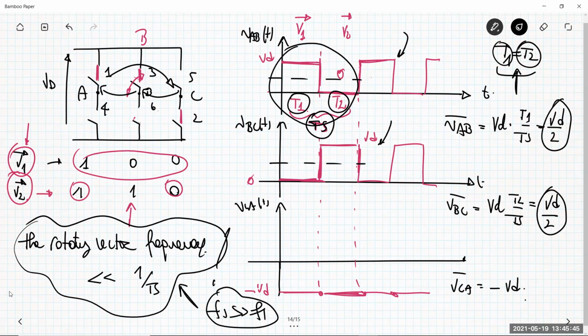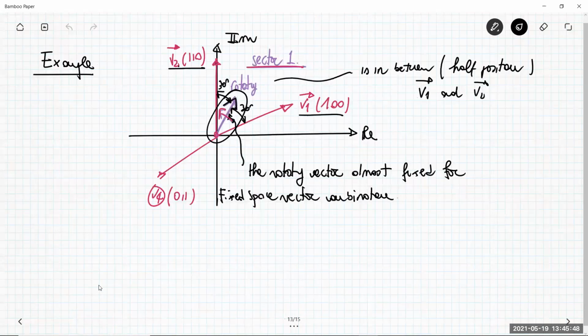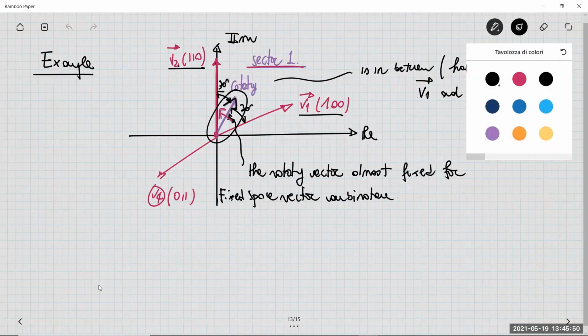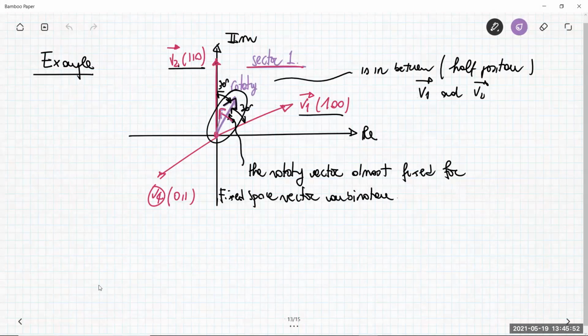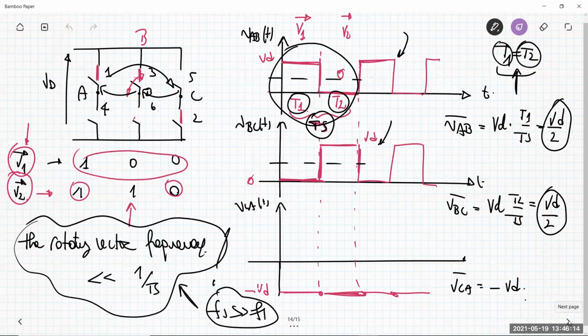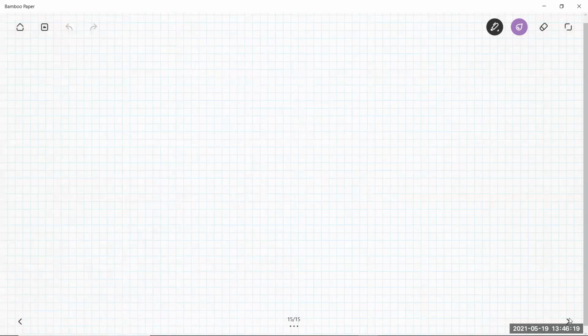Of course, if I have to synthesize a vector that is moving, at another time instant the vector is here, rotating and changing its position. So as you can see here, this vector, the second one, is much closer to V2 with respect to V1. So if I want to synthesize a vector which is closer to V2 with respect to V1, it means that I have to apply V2 for a longer time interval. Okay, so for example,